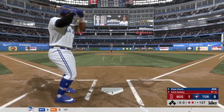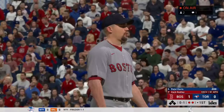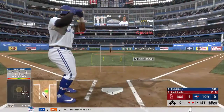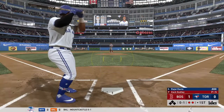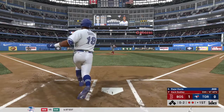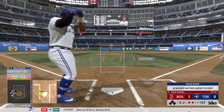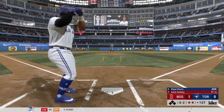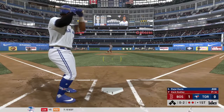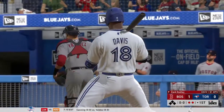Here's Rajay Davis now. As the first pitch to him is swung on and missed for strike one. Well, these Red Sox entering play here this afternoon come in feeling good as they're 2-0 to start the new year. Yeah, Matty, a lot of things trending in the right direction for this team. They won their last game, they scored a bunch of runs, and let's see if they continue that today. And he'll try to hold up in time, but to no avail as he went around, and the inning is...